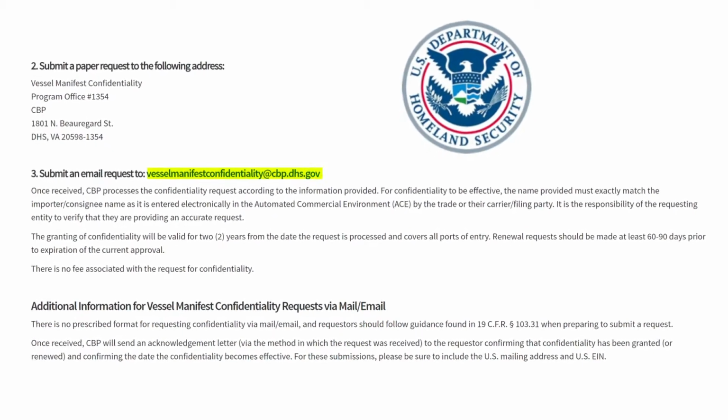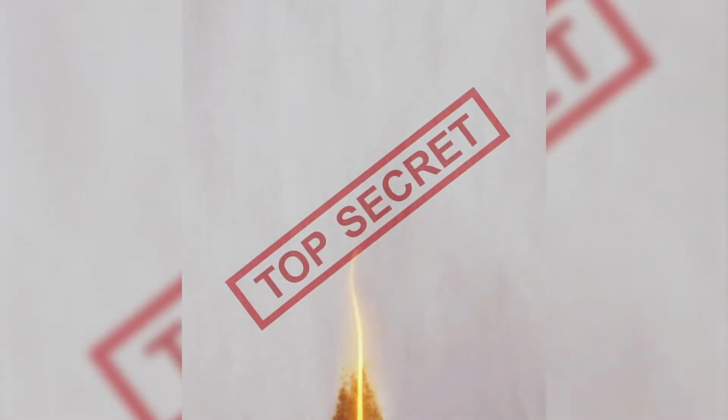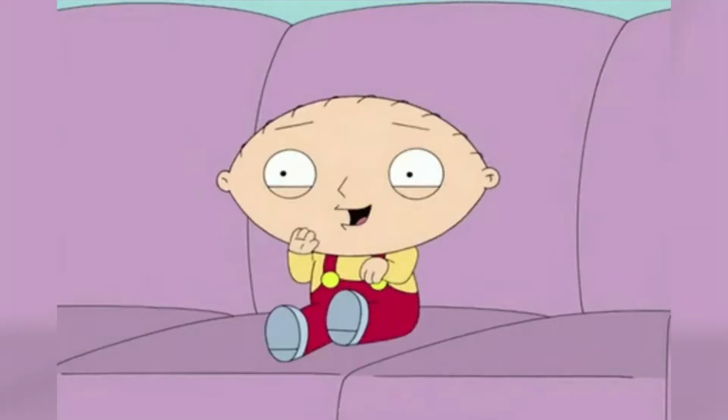You can also just send an email to Customs Border Patrol and request that your company's information be kept confidential and out of all of these public records. But you'd be surprised at how few companies actually send this email. And because of that, most companies' information is freely available in these databases for you to look at. So lucky for us, there is still a ton of data out there for us to get better deals and make better decisions within our companies.